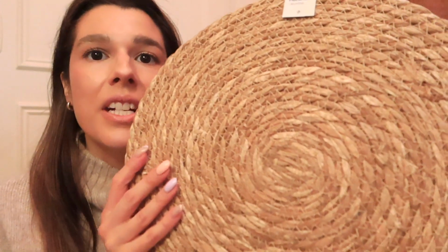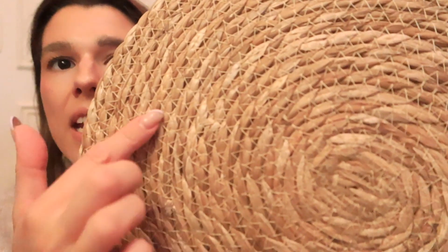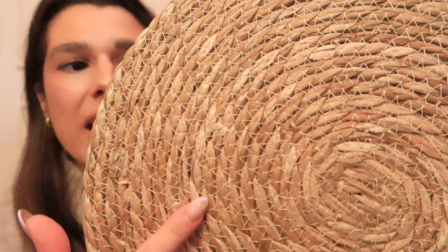Now, there are better quality ones on the market. I'm not going to argue that. I don't really like the fact that you can see all the connecting joinery in this design, but from afar,